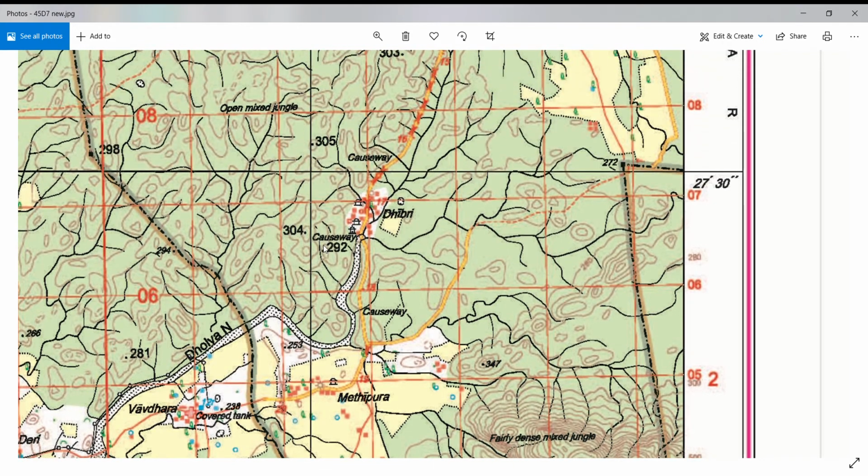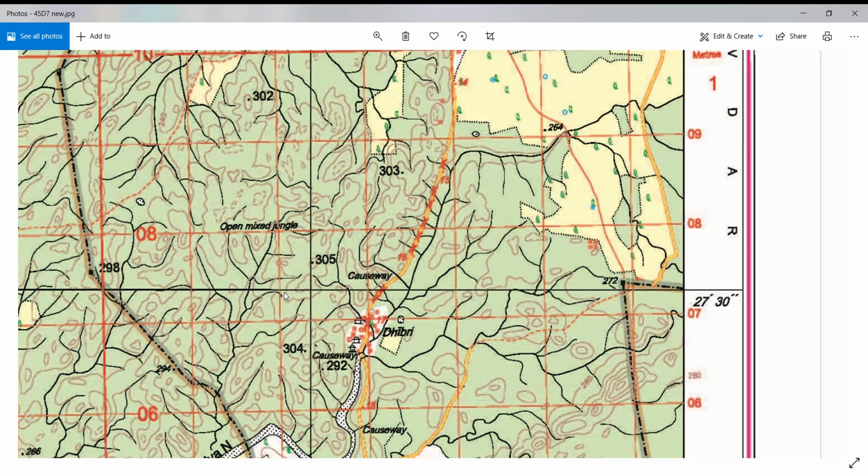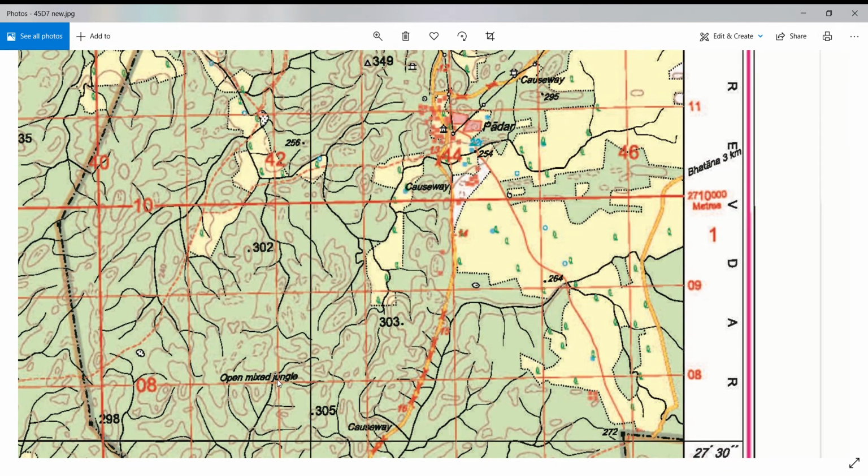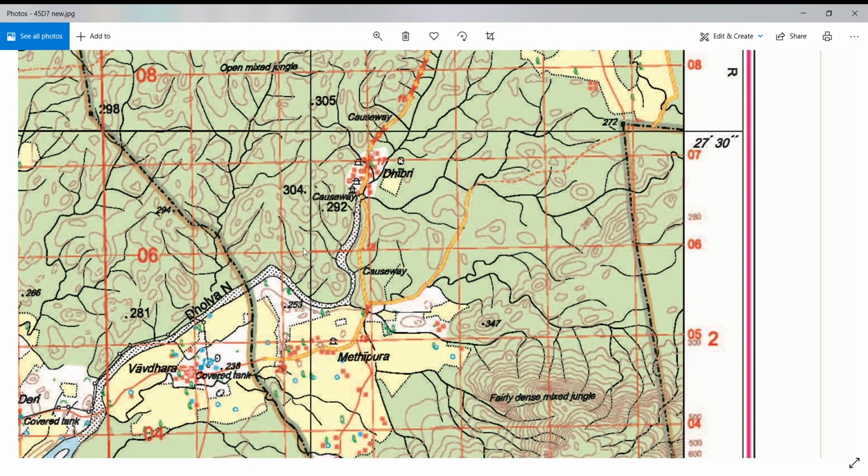Now you can see this particular dot is the symbol. So we have to see the six-figure grid reference of this particular dot, not the place where 292 is written. It is located on the eastings of 42. Roughly it is 42.4, but you have to literally calculate it with the scale. I suggest you keep a scale on your computer and make the bifurcations. So it should be 424, and on this side it is 06.